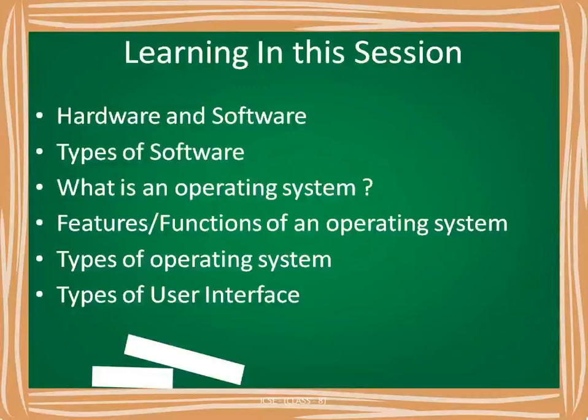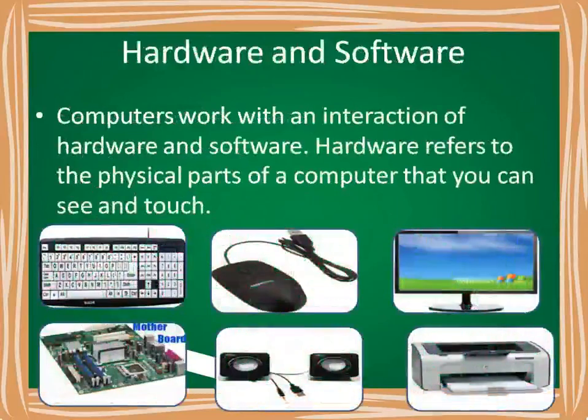So first we will see what is hardware. Hardware is nothing but a physical part of a system, so that we can see and we can touch. So that is all hardware. Physical part means by touching we can feel, like a keyboard. Keyboard we can see and we can touch. Mouse we can see and we can touch. Monitor, printer, speaker. Those all are hardware. So that definition only is given here.